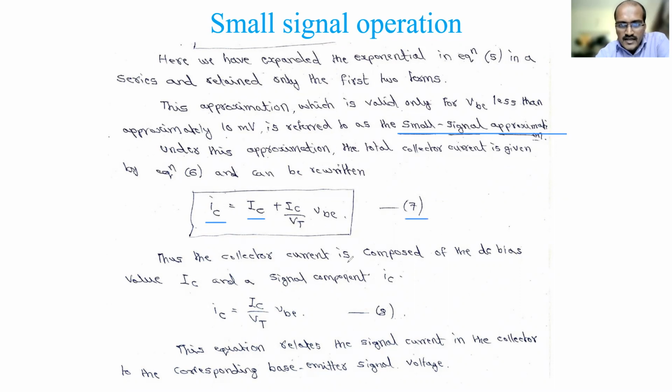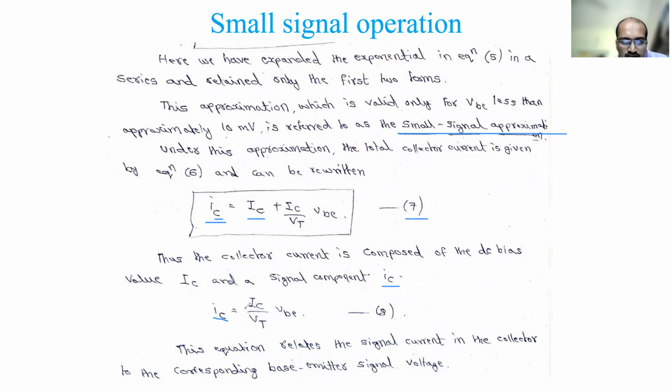Now, thus the collector current is composed of the DC bias value IC and a signal component ic. So DC and AC; AC we normally call the signal component. So this is the DC. Now what is the AC value? The letter as well as the subscript is small. My writing here looks like both are the same, but they are not the same. This is an instantaneous current, where C is capital and i is small. Here i and c both are small. This is where the confusion happens, so you should note it down.